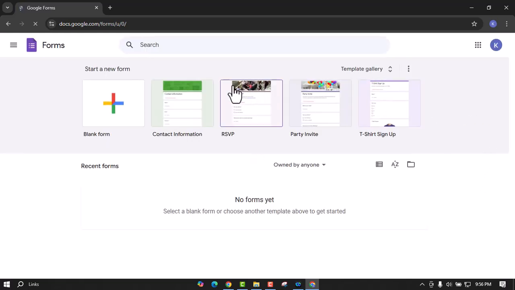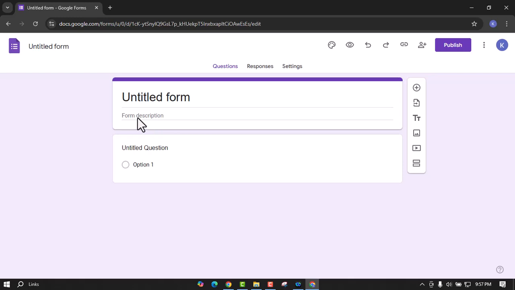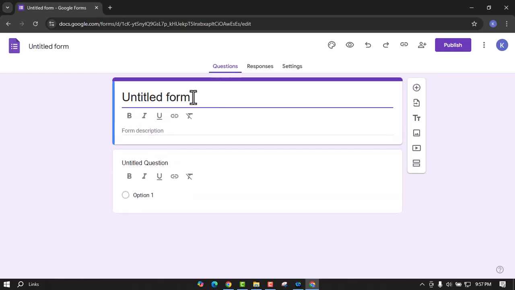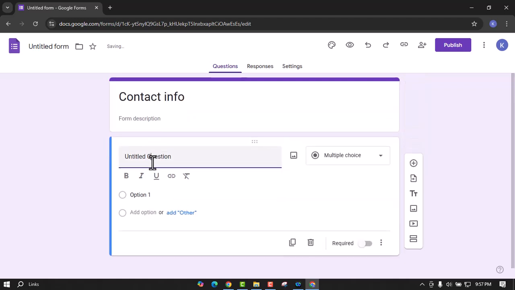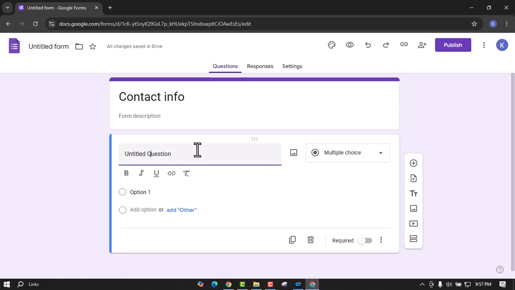And from here, you can find several options to just start over, and you can also start a blank form. So let's just make a contact information form from here. So let me start from a blank form, and in here you have to give the form a name. Suppose I'm giving the name contact info, and here give your question, suppose